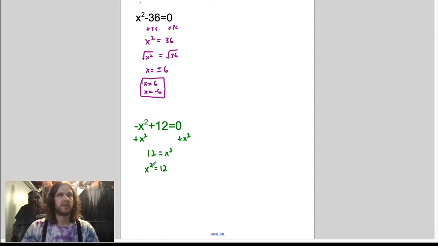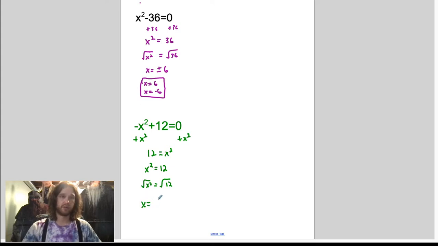What number times itself is equal to 12? Well, there isn't a number that is a perfect square, like all the previous examples that we had. So let's go ahead and get out our calculators, and we're going to use that inverse operation. What number times itself is equal to 12? Well, we're going to take the square root of both sides of the equation here, and we're going to end up with